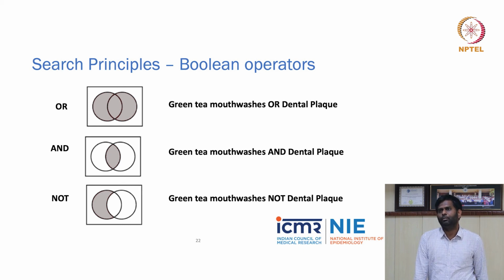So using these Boolean operators, we will be able to expand or narrow down our searches depending on our research question. Whenever we have multiple terminologies or keywords and we want to include all the outcomes in the same search strategy, we'll usually use OR. But if we include two interventions and want both interventions to be present in the same article, then we will use the function AND.